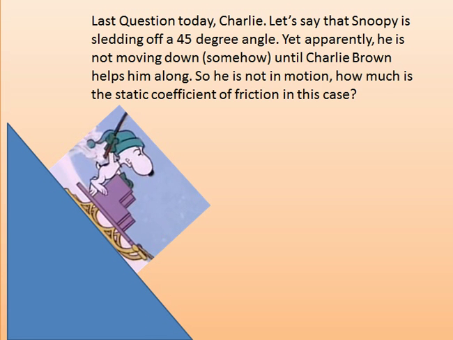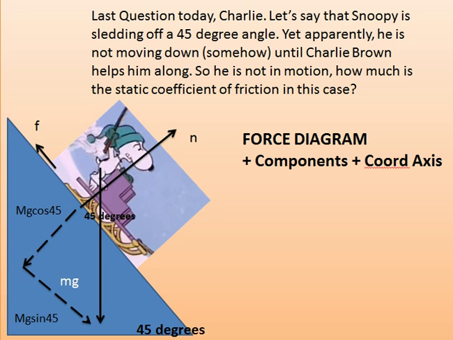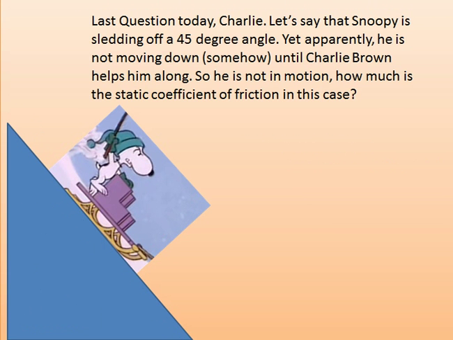So last question today, Charlie Brown. Oopsies. You didn't see that. Okay. Last question today, Charlie. Let's say that Snoopy is sledding off a 45-degree angle, because why not? Yet apparently, he is not moving down, somehow. Until Charlie Brown, of course, helps him along. So if he's not in motion, what must the static coefficient of friction be in this case? Well,